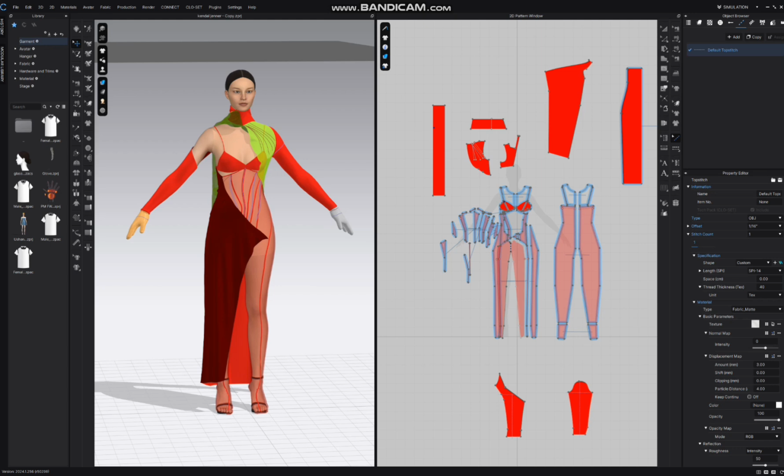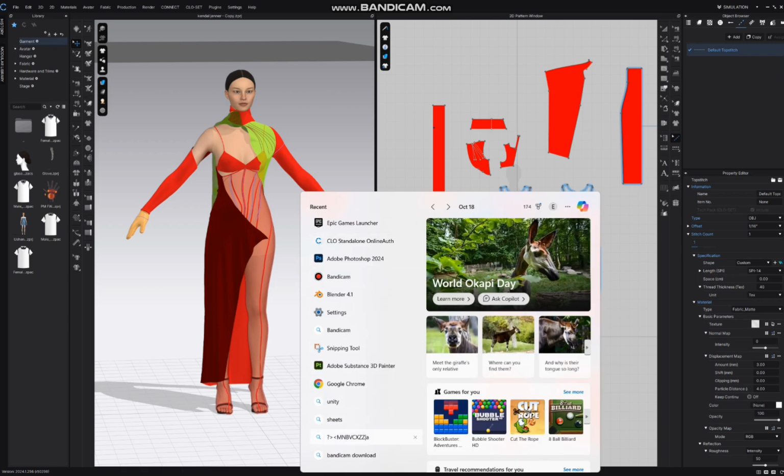Another thing is to make sure that our Clo3d is on simulation or UV editor mode, and we should not record any video during this. Okay, let me go to